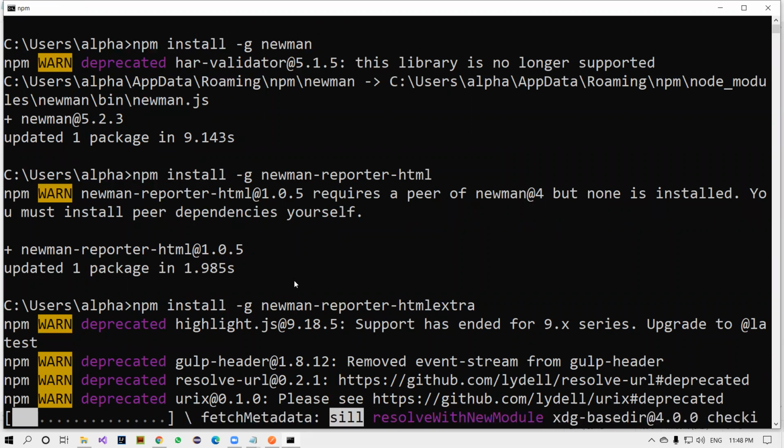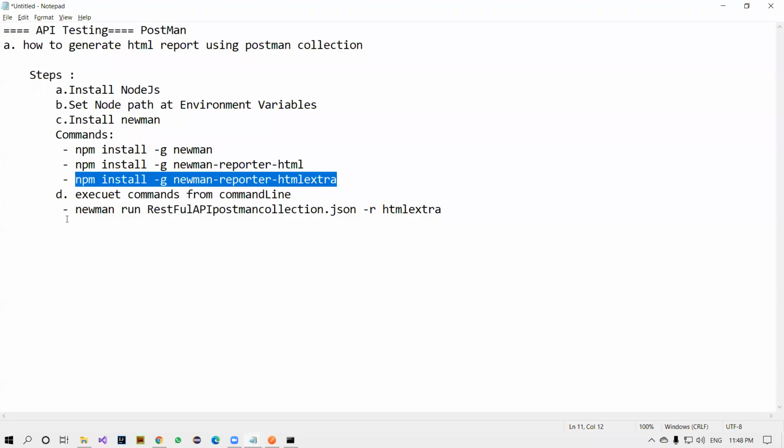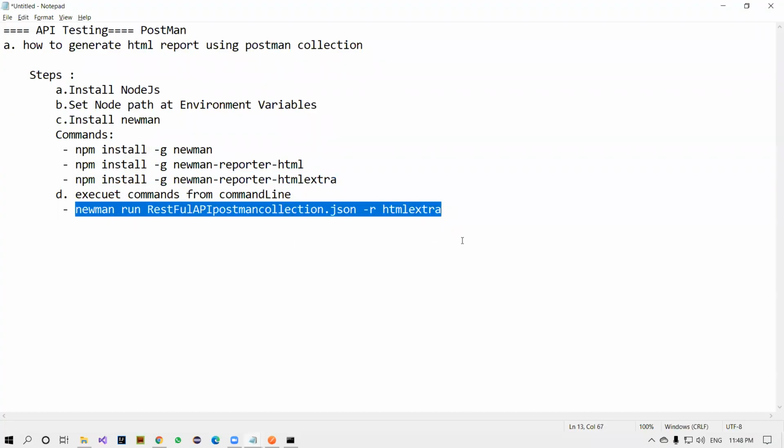So it is taking some time. Meanwhile, we'll get ready with this command. Copy this one, copy this one.